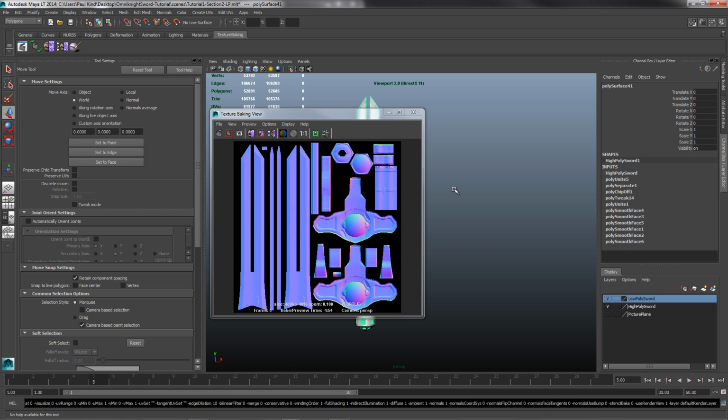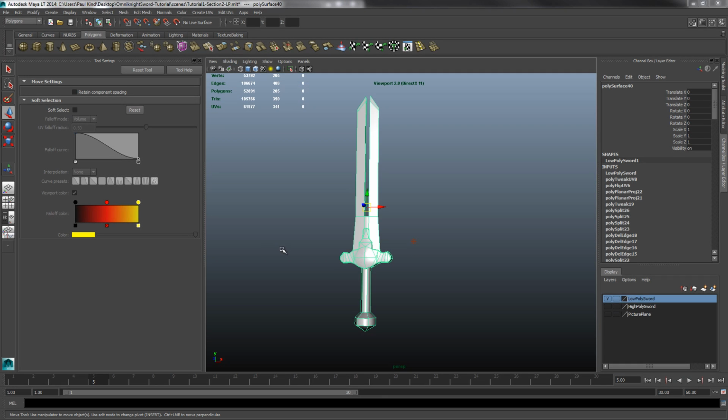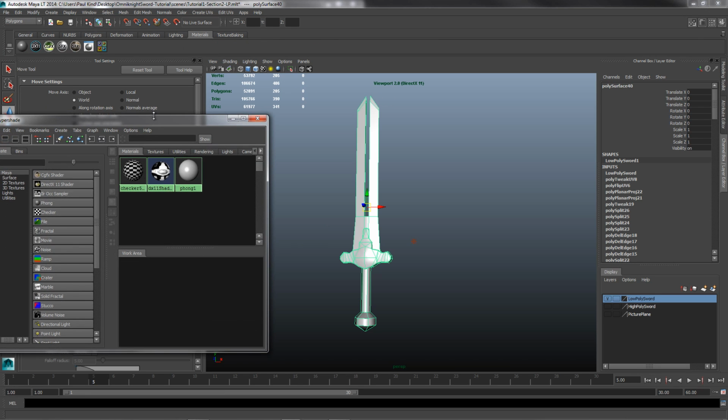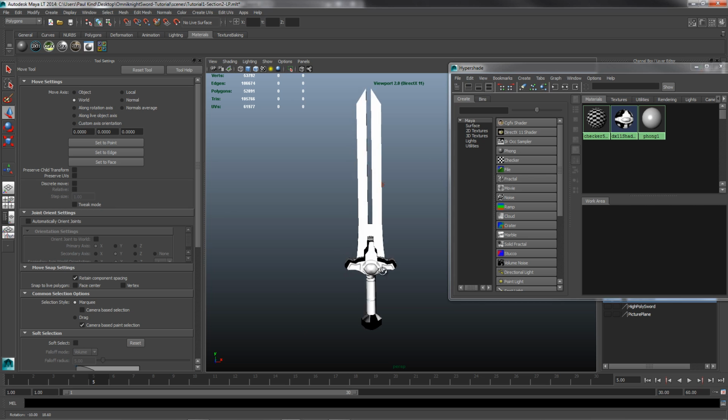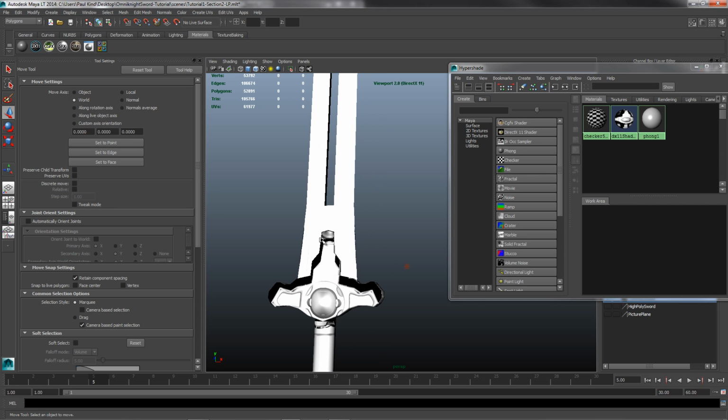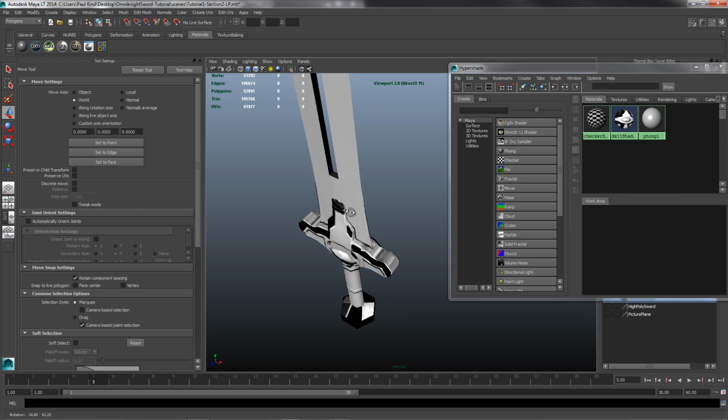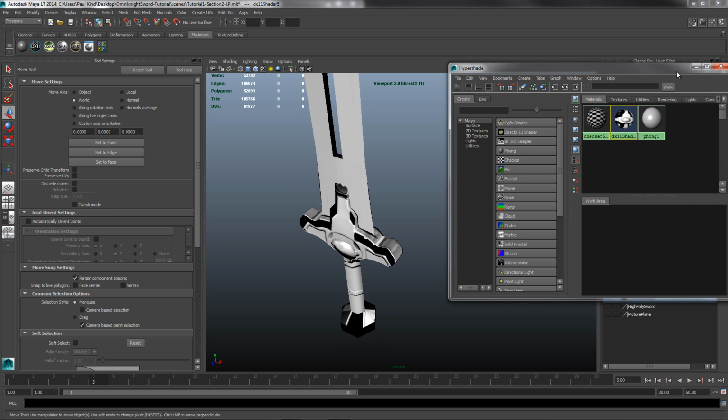So let's try our texture again and drop it into place and see how she looks. All right, so to apply the textures, all we're going to do is go into Materials, click our little Hypershade window open again. We're going to grab our DX11 shader and right click and say Assign Material to Selection. Okay, so now we should see that we have a kind of funky thing going on, and what that is basically is the textures haven't been refreshed. So all we're going to do is just select our DX11 shader,